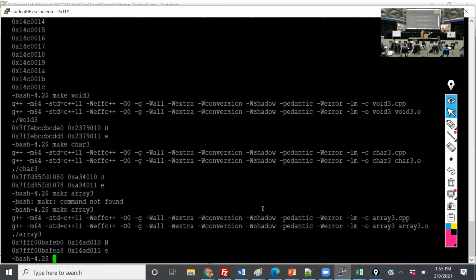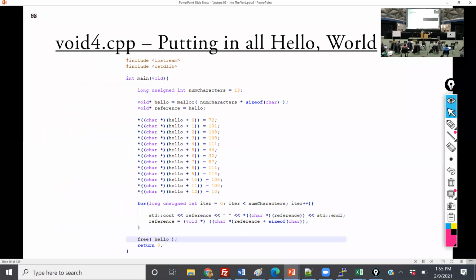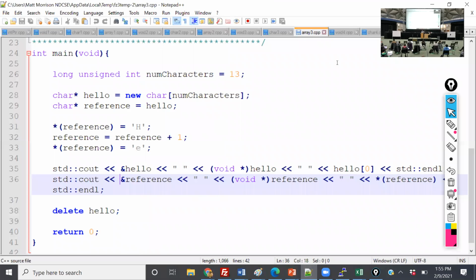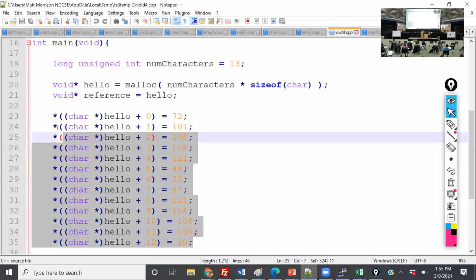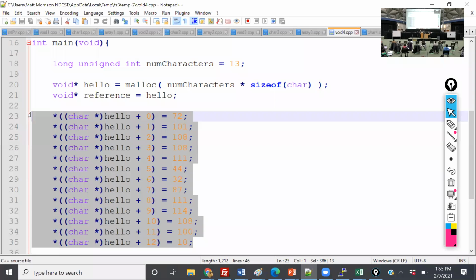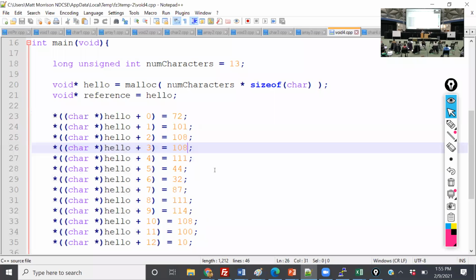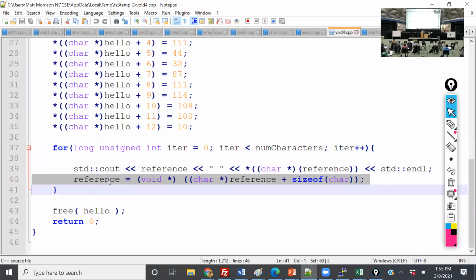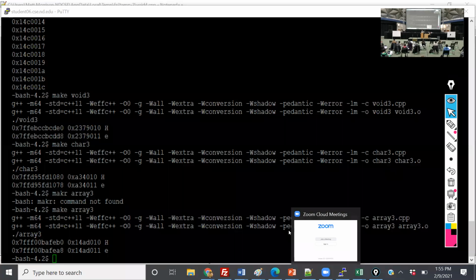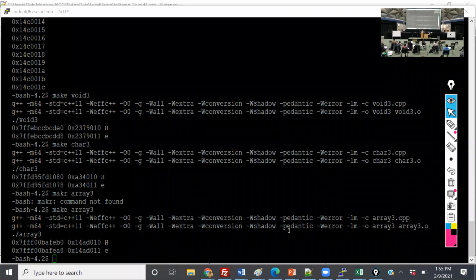And we did the same thing. At the level of 4, what I want to do is now I'm going to put all the values there. So we see here that now I'm performing pointer arithmetic to store all the values of hello world. And then what I do here is I'm iterating through, I'm printing out the address and the location, and as I iterate, I am moving the reference pointer. And so that allows me to use the hello pointer to keep track of where we're looking.